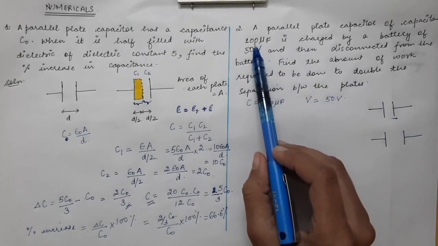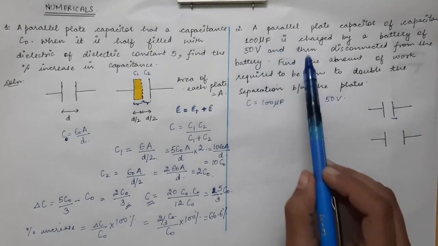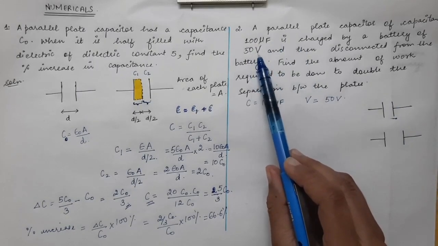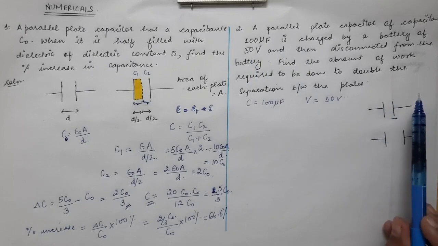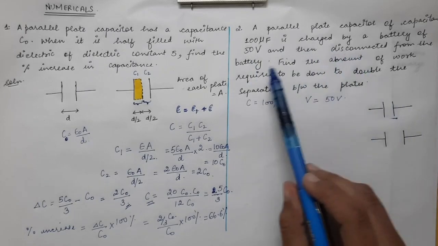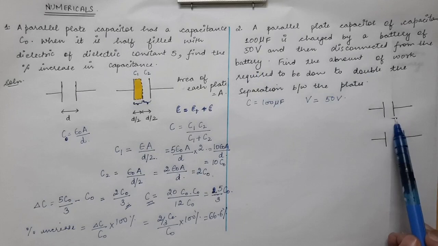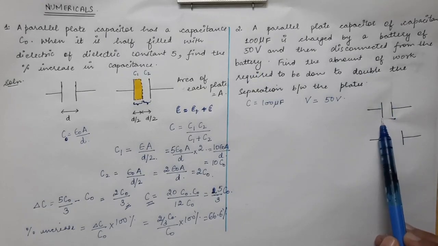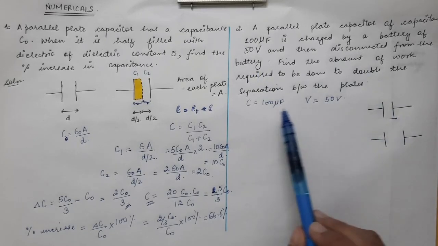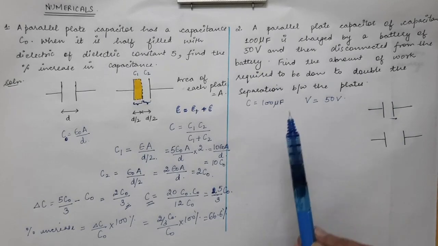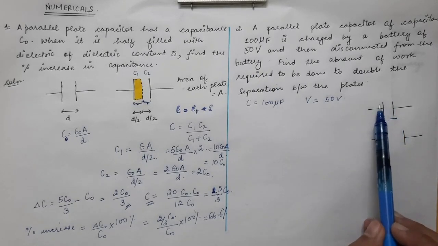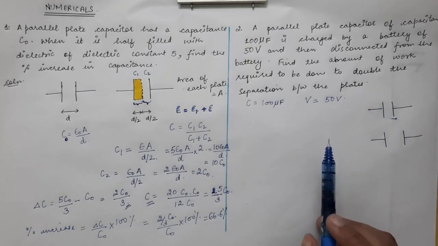The capacitance of this capacitor is 100 microfarad and we charge it with the help of a 50 volt battery, and after this capacitance has been charged to its fullest amount, then we disconnect it from the battery, which means the potential difference between the plates of the capacitor will be 50 volt and capacitance is already given, which is 100 microfarad. So first of all we are going to find the amount of charge which is present on each